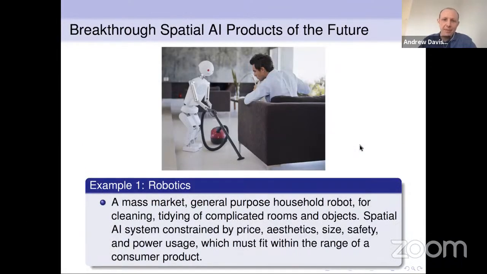So where might we actually get to? I've just got a couple of quick pictures here. One, of course, is robotics. We might imagine much more generally capable home robotic products in the future. And just to say, this is a mocked up picture I found on the internet somewhere and is in no way representative of any concepts I know of real products. But this is a generally capable household robot, but it has to work very well. It has to work within certain constraints to be a useful product. Its price, size, safety, aesthetics, power usage, all of that must be reasonable.